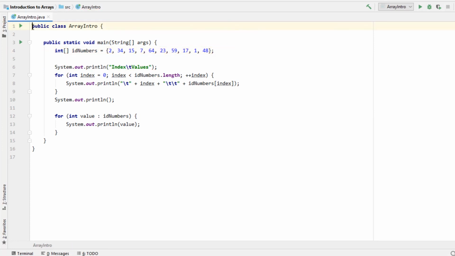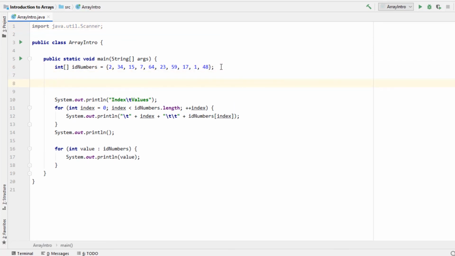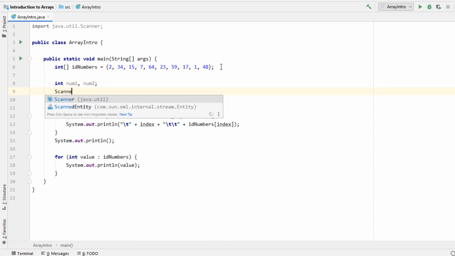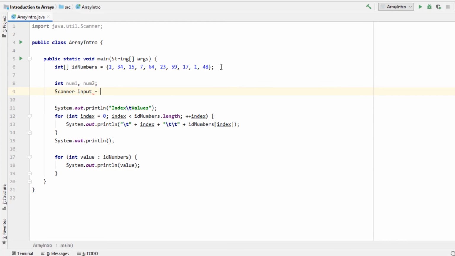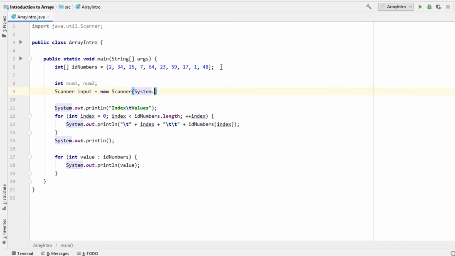Now let's import the Scanner class. import java.util.Scanner. Let's declare our variables and Scanner object. So int num1 and num2; then Scanner input = new Scanner(System.in);